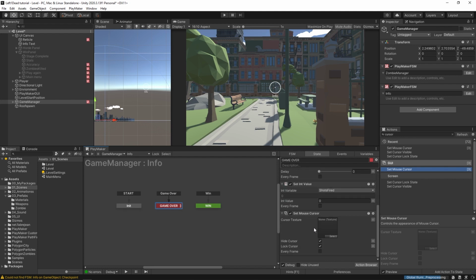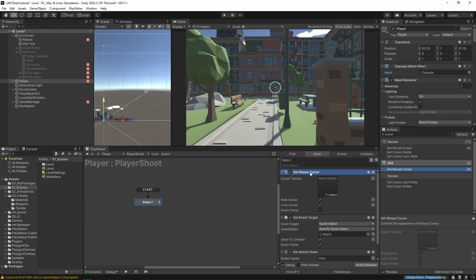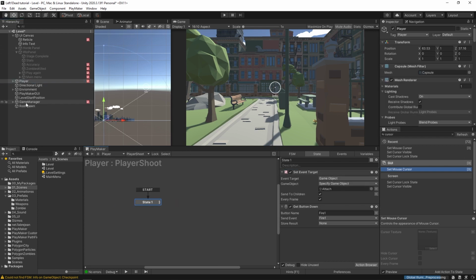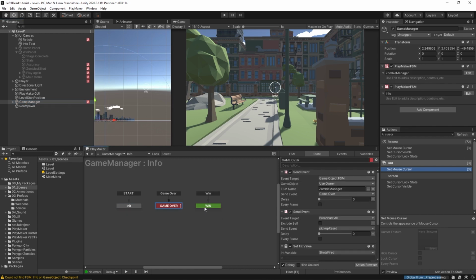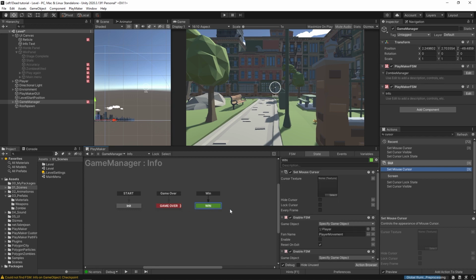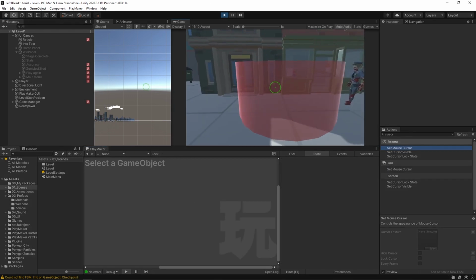And just to keep all of our cursor logic in the same place, I'm going to copy the one that hides it and locks it. I'm going to put it in this initialize state, and then I'm going to come over to our player, and in player shoot, I'm going to get rid of it from here. And that way, whenever we want to fuss with any of the set mouse cursor stuff, we know that it's all taken care of here in our game manager info FSM. All right, so let's give this a shot. Okay, so I'm going to set this off,